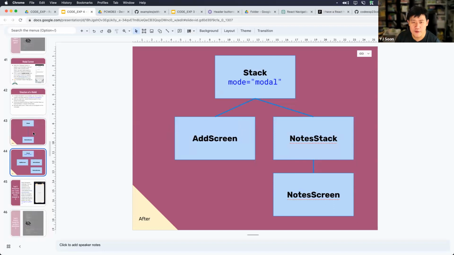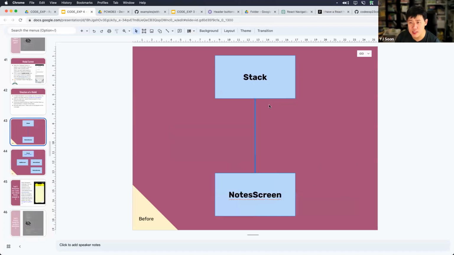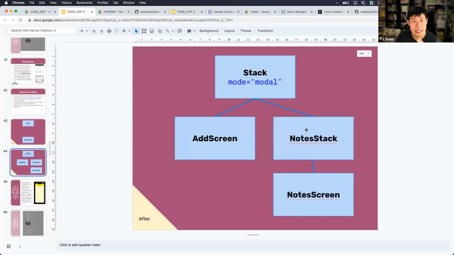If you had just put the modal next to this as part of the same stack, it will slide in. But if you put this in a stack, under a stack, and set this mode to modal, then everything inside here, when you navigate away, will pop up. This is a very subtle difference. I'm honestly not sure who will notice, but I think it's good to follow conventions, having a modal rather than a slide in.